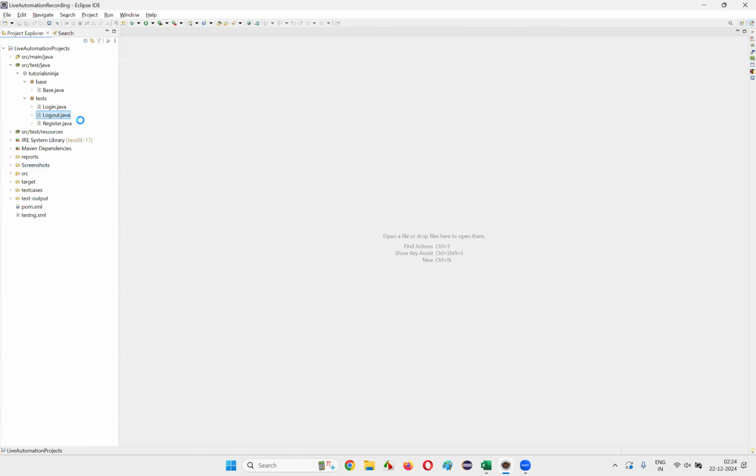So let's do that. Verify logging out using logout right column option. And here I'll write the @Test annotation. And here I'll say landingPage dot